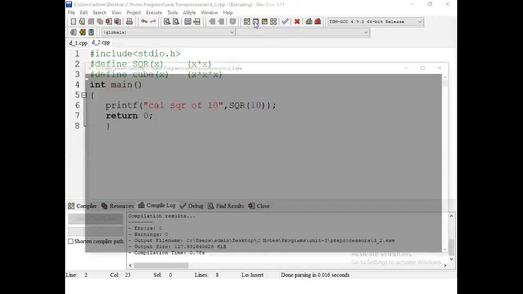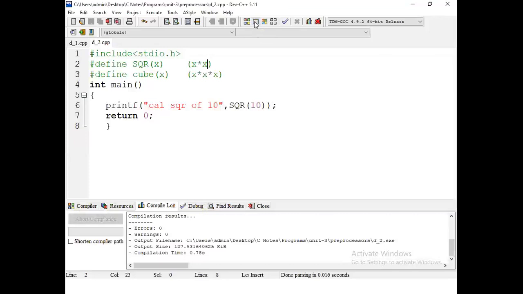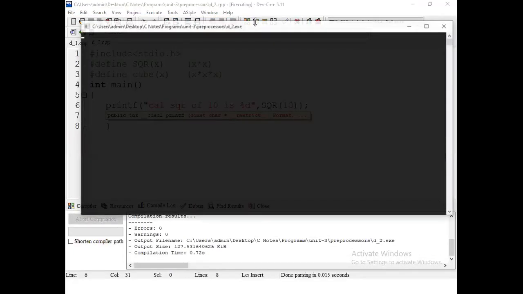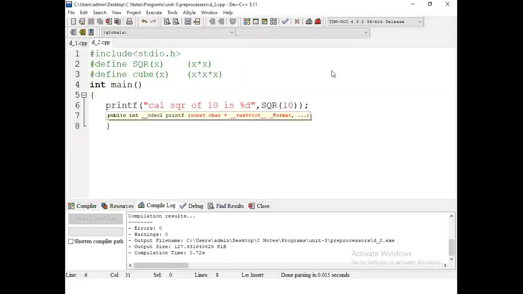Okay, square root of 10. Square root of 10 is percentage d. Then you can find the answer. Square root of 10 is 100. Okay, right? In that way, we can apply.